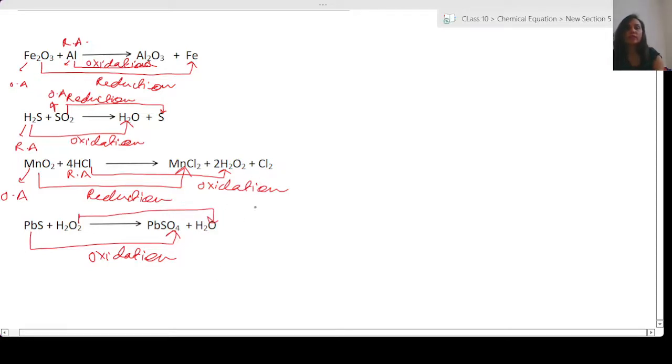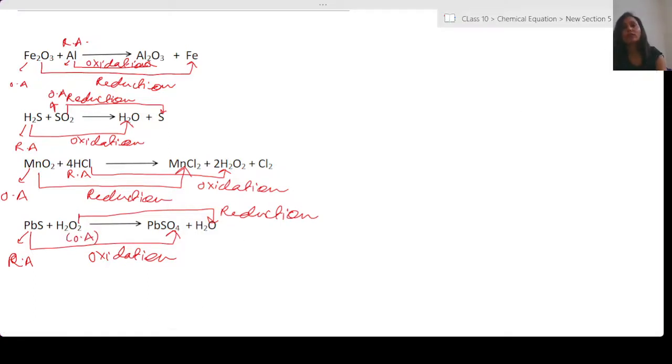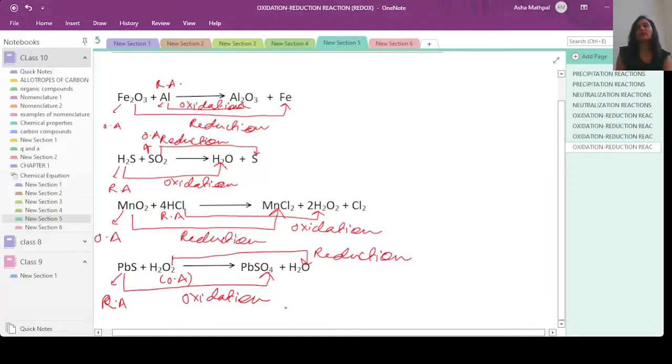So it is a reduction reaction. So PbS will act as the reducing agent, and H2O2 will act as the oxidizing agent. Okay, so with these examples, I think it has become clear to you that whenever there is oxidation,